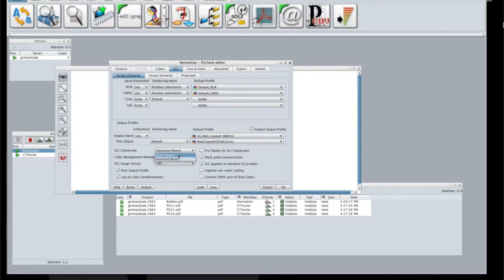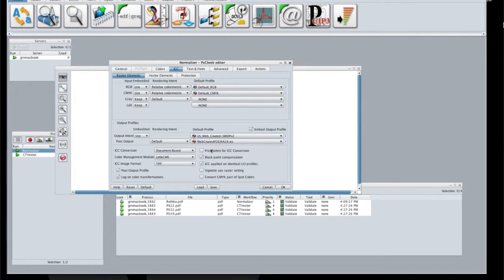With the document-based, the entire document is first analyzed, and there you get the option pre-flatten for ICC conversion. Overprinting or transparent objects are highly dependent on the color values of the object. When you see a blue color which is overprinting, that has 0% yellow, the ICC conversion may transform it to a blue color with maybe 2% yellow.